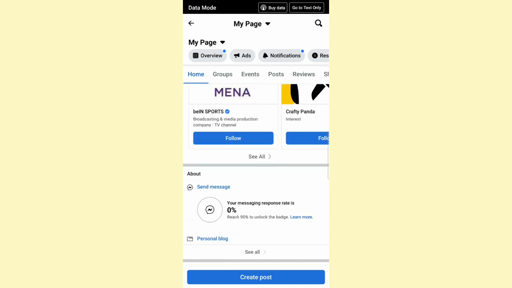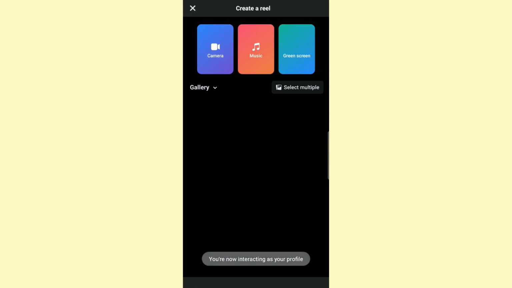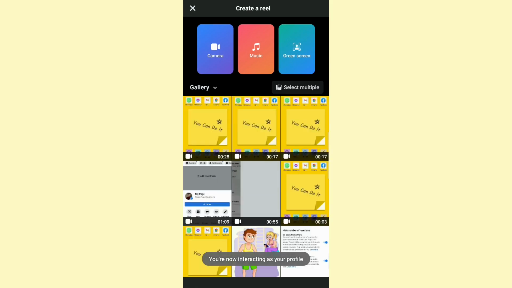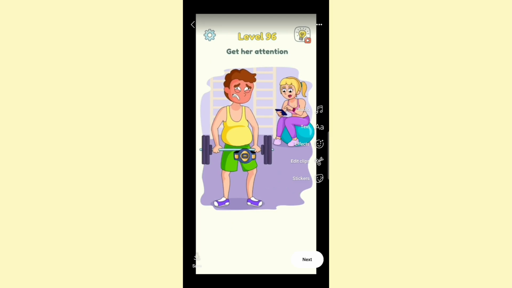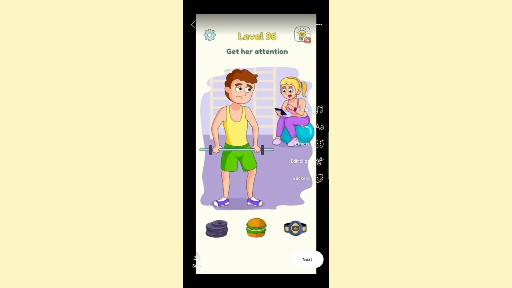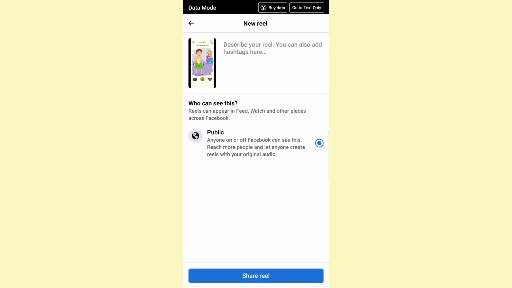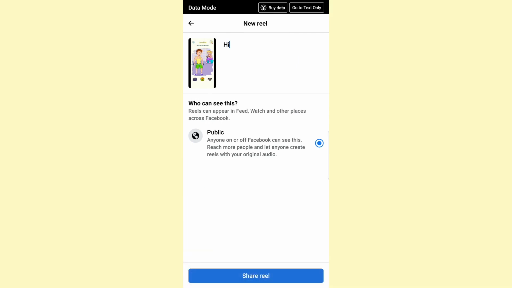The second option is to upload the video as a reel by clicking on the reel option and then selecting your video, and here you can add and edit your video by adding some audio, text effects, etc., just like you usually do. Once you're done, click on next at the bottom right to continue, and here you can add a description to your reel, and once you're done, click on share reel,